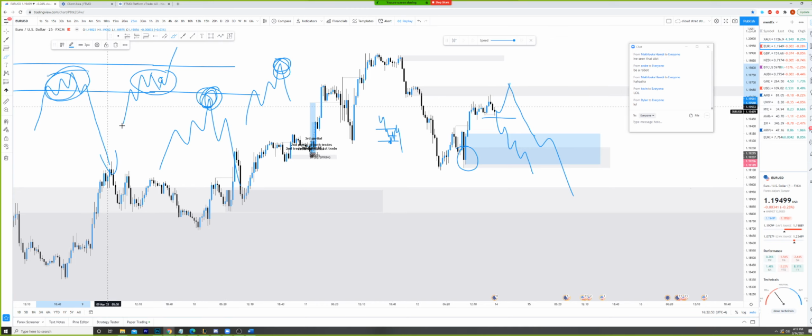Over time, with this understanding of how to actually get involved, you'll start to see ways to continue to get involved in certain areas, right? So for instance, if this isn't to happen, and instead, let's say it doesn't tap into this lower zone but taps into this one and continues higher, that doesn't mean you've missed anything. It just means we've now shifted to a new potential demand zone, and we can again look for potential entries here.